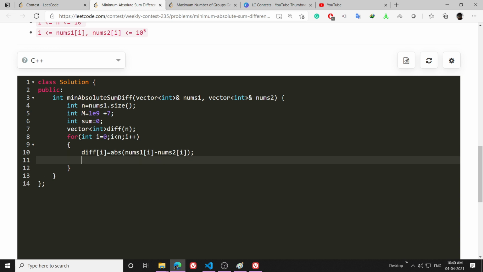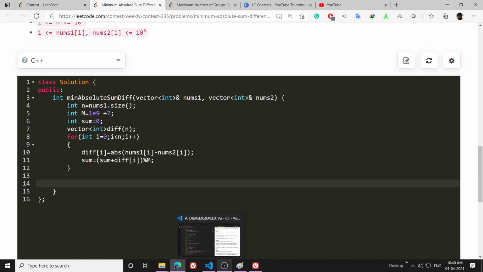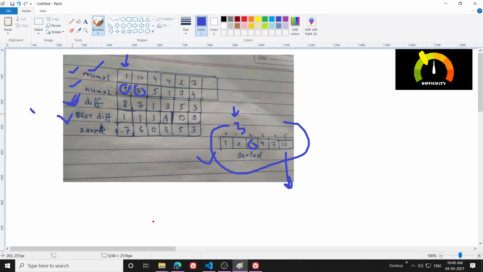So this will be my diff, and my sum will be sum plus diff[i], percent m, because it can go beyond the range and there can be integer overflow. So like this I have calculated the sum. Now I will make another vector to hold this best difference.